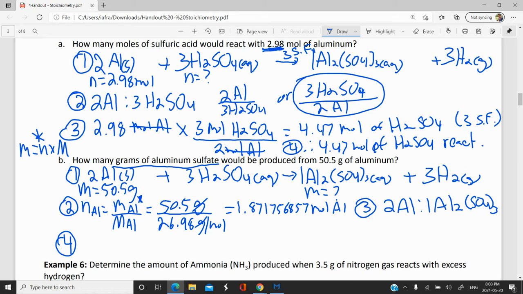So I'm going to take the moles of aluminum, 1.8717. I'm not going to write all the digits in, but you get the gist of what I'm doing there. Moles of aluminum, multiply it by the ratio that will get rid of aluminum, which would be 1 mole of aluminum sulfate for every 2 moles of aluminum. So you cancel aluminum out because you're dividing by 2. You're doing 1.87 times 1 divided by 2, which is just divided by 2. So divided by 2 here, and we get